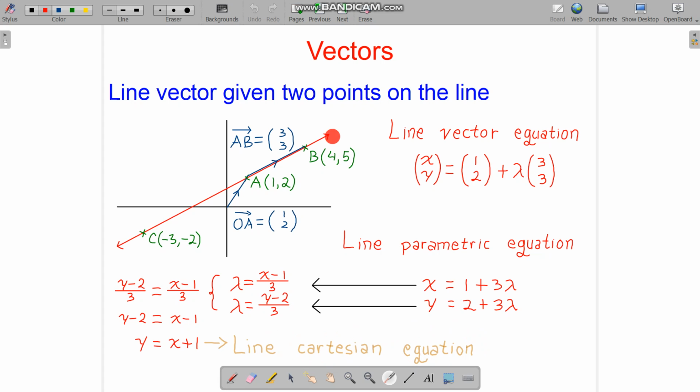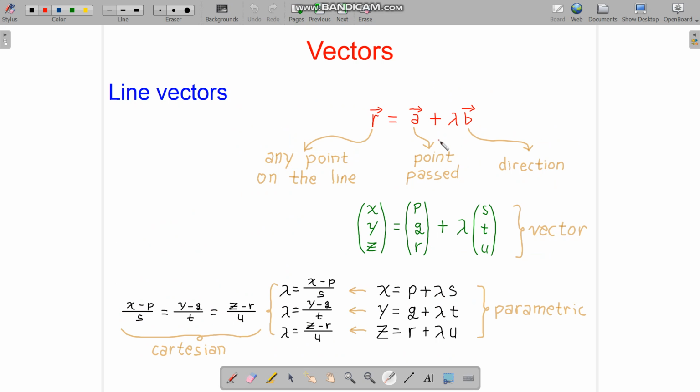So if we can find the line equation using the usual coordinate geometry method, why do we have to use vectors? Well, because in 3 dimensions we don't have this simple concept of gradient, and the equation is not as simple. For example here, okay, maybe later. So now this r means any point on the line